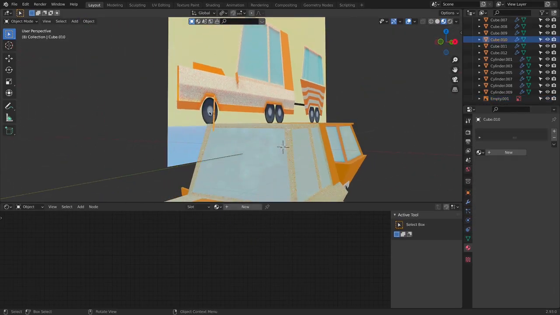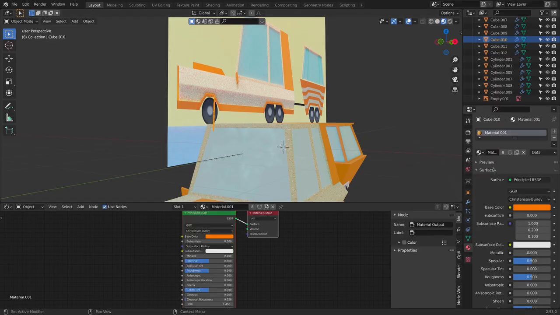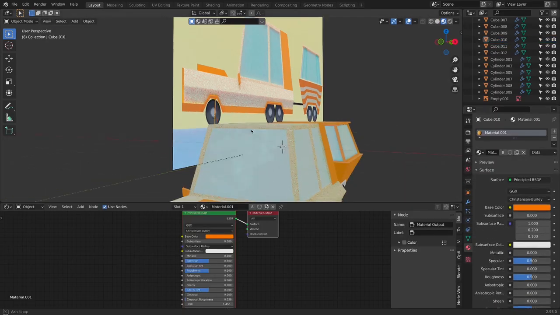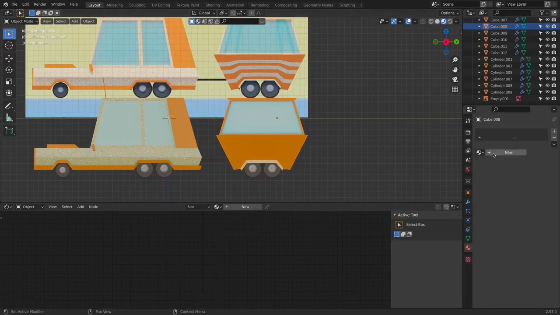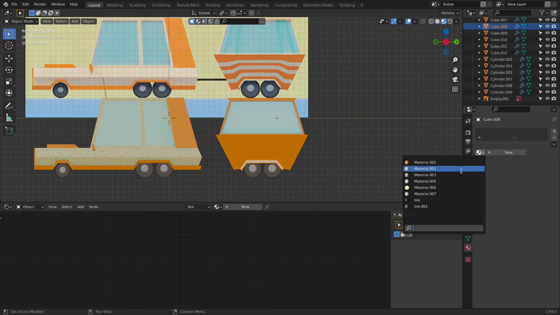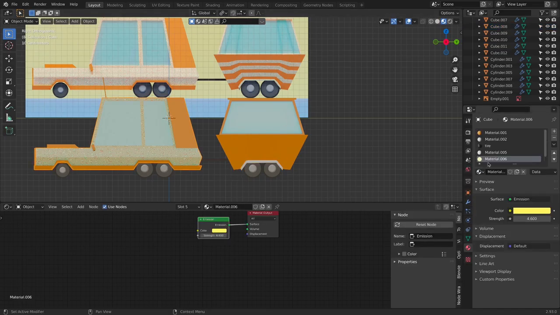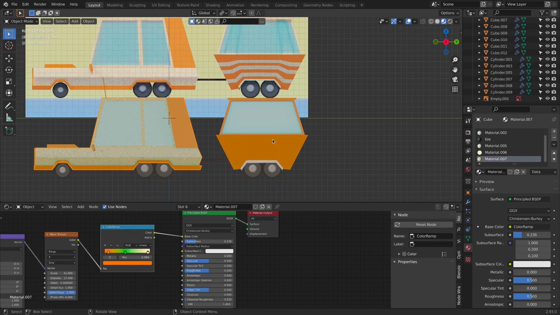And also what I want to do is add this material to the antenna here as well. Now let's go here and change the color on the trailer. So let's add this material. So the material 0.07,